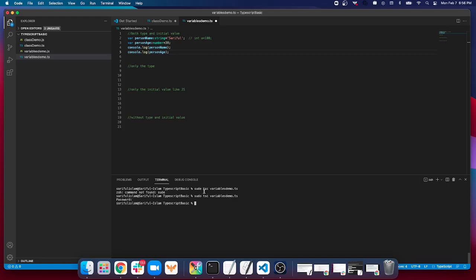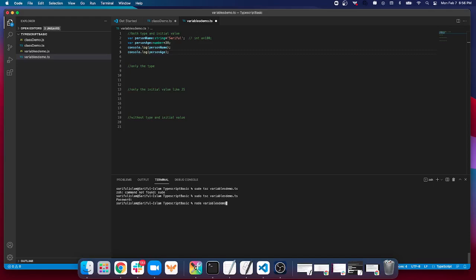So make sure you have the admin permission, so then you don't have to type the sudo word and enter your password every time. So it's executed, it means it's already converted to the JavaScript file. So you can run the JavaScript file, then it will show you the output. To run the JavaScript file, you will type node and then the file name,